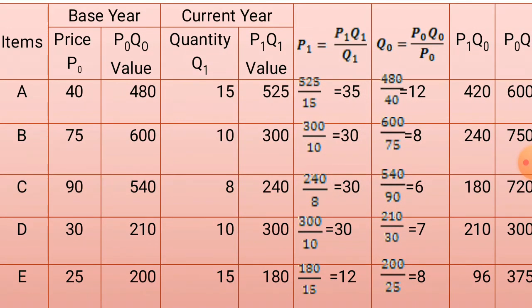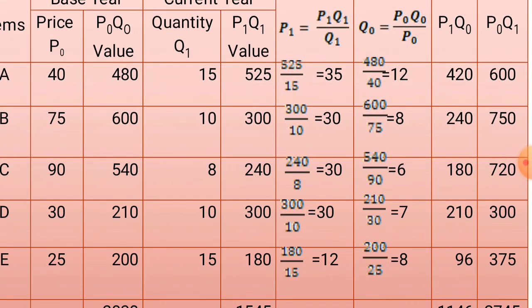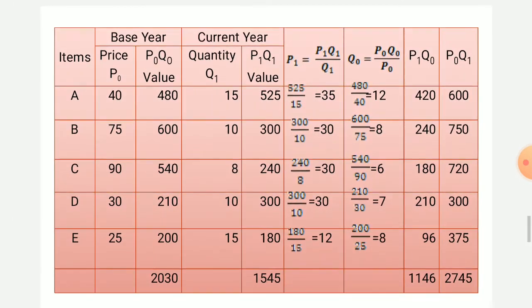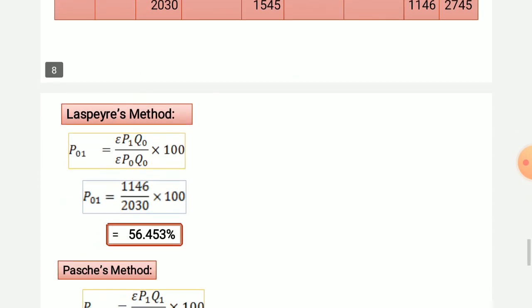So sigma P0 Q0, sigma P1 Q1, sigma P1 Q0, then sigma P0 Q1. So substituting these values in the formula, then we get the index numbers according to Laspeyre's, Paasche's, and